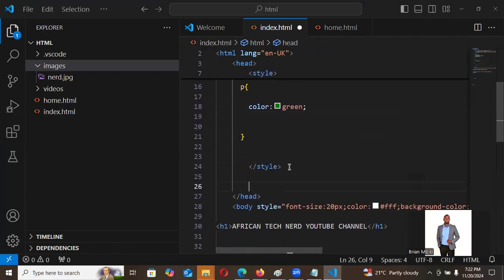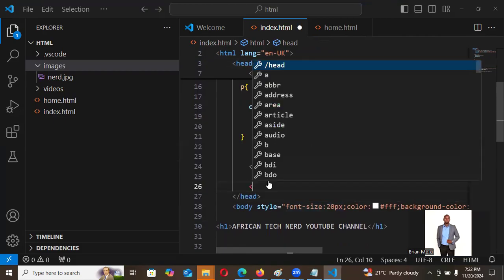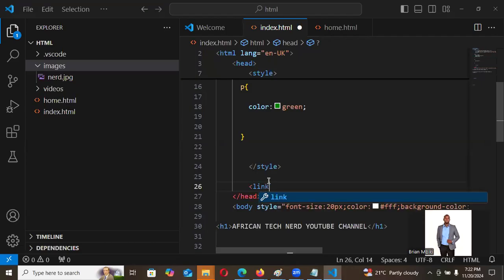Then we have something called the external CSS, which is also done inside the head tag. And this is how you write it. It will be a link, right? And then rel, like that. It will be the link tag. Then rel is an attribute of the link tag. And here we say it is a style sheet, like that. And then we will have the link to our